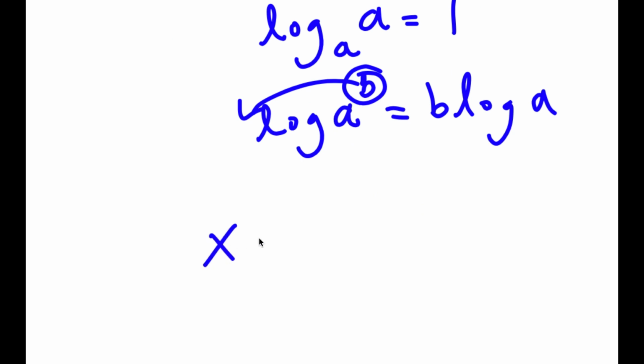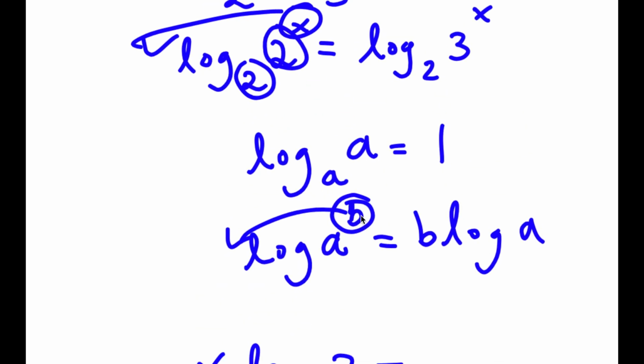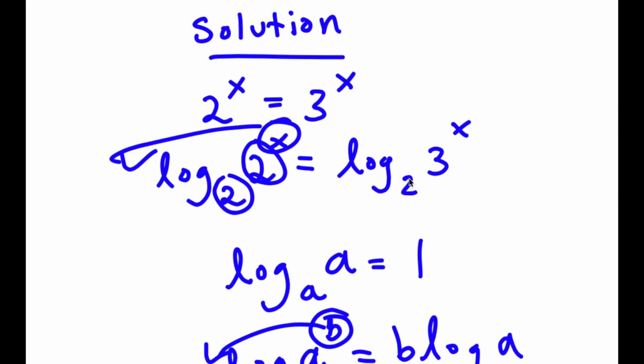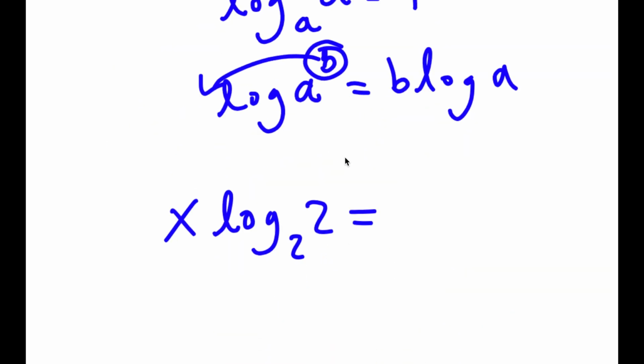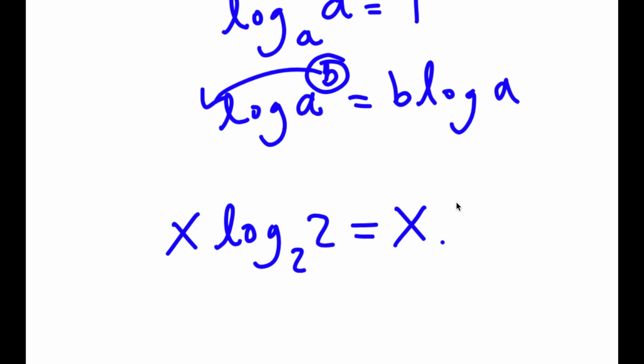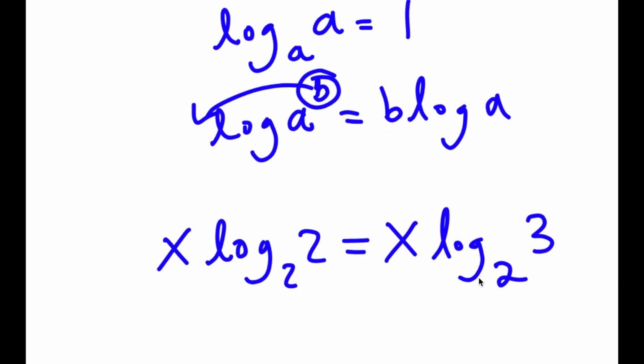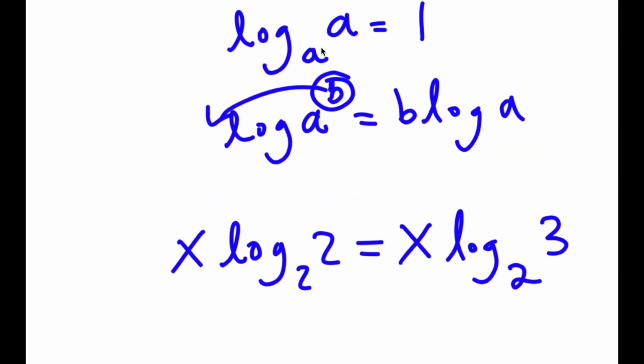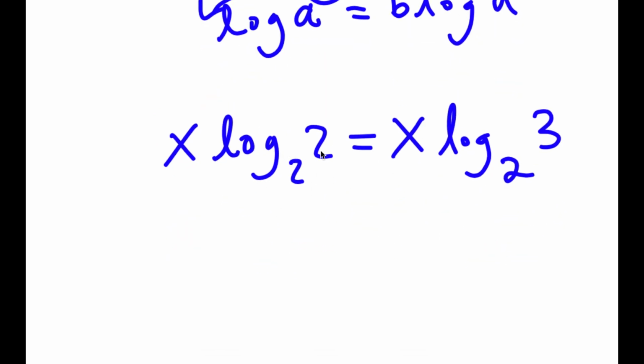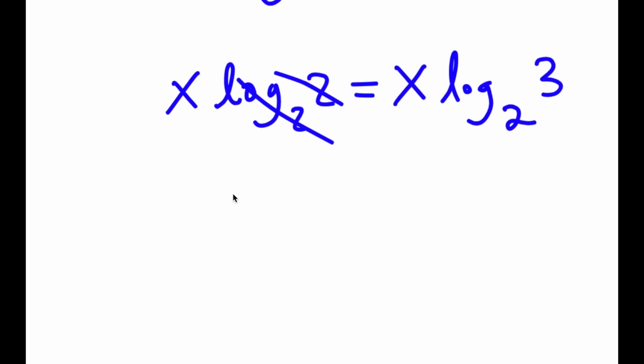So now I have x times log base 2 of 2 is equal to, I'm going to do the same thing over here, log base 2 of 3 to the power of x. I can move x to the front here. So now I have this is equal to x times log base 2 of 3. Now remember, if I have something in the form log base a of a, this is equal to 1. So log base 2 of 2, these two cancel out, so I'm simply left with x times 1 is equal to x